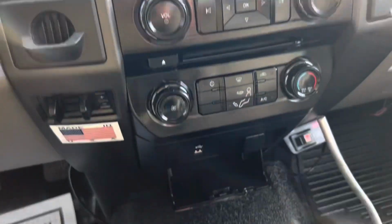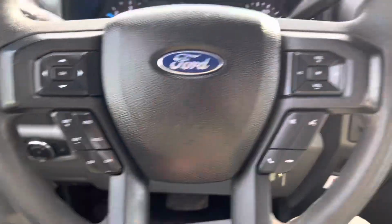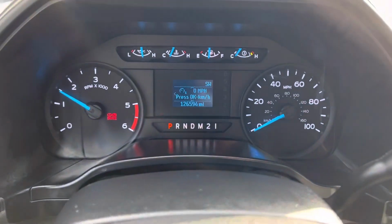Now the truck is just two-wheel drive, it's not four-wheel drive, but these newer trucks, they do have some creature comforts. We do have cruise control, our factory dash there, AM FM radio, heat, air conditioning, all that fancy stuff. Show you the miles,